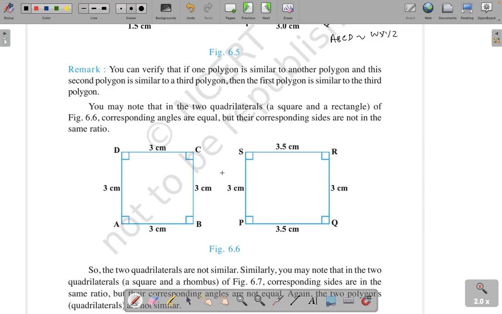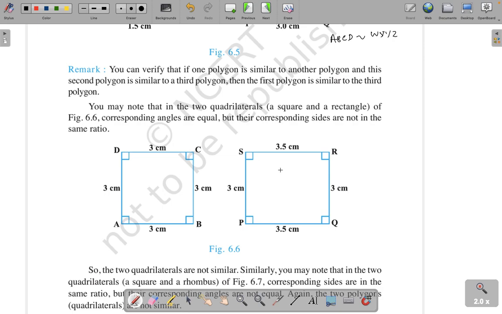Can you tell me if these two are similar or not? No, sir. Because the first one is a square and the second one is a rectangle. Yeah, you should not say it like that. When you're writing an answer, you should write in such a way that you leverage the definition or whatever you have studied in this chapter. So we should not write that this is a square, this is a rectangle,